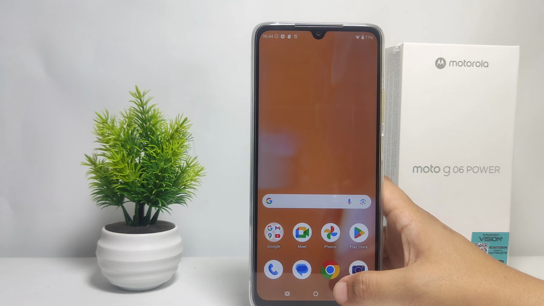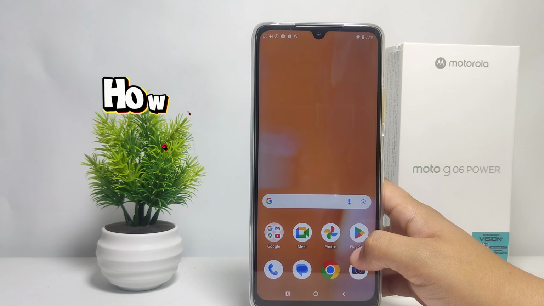Today in this video I'm going to show you a tutorial on how to add a clock to the home screen on Motorola